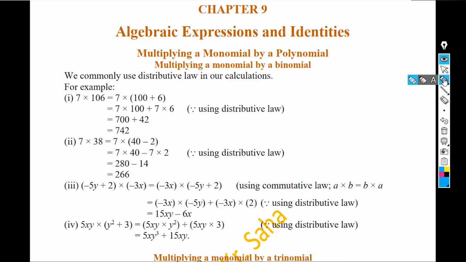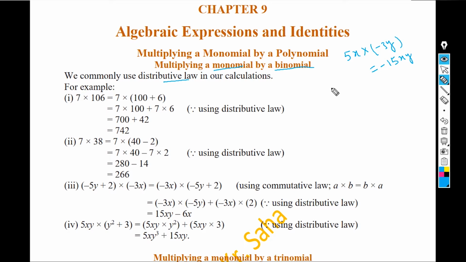Today's topic is multiplying a monomial by a polynomial. Multiplication of monomial by monomial. That means when you are multiplying 5x into minus 3y, then you are saying that it is minus 15xy. Now here we aim to multiply a monomial by a binomial. That means simply